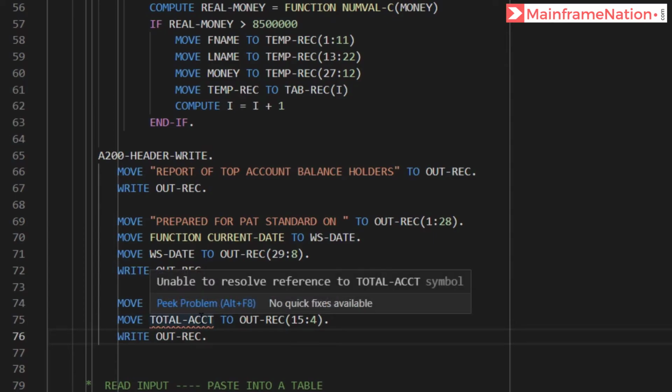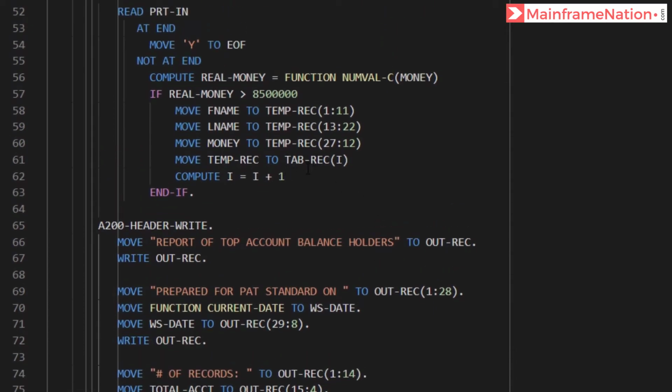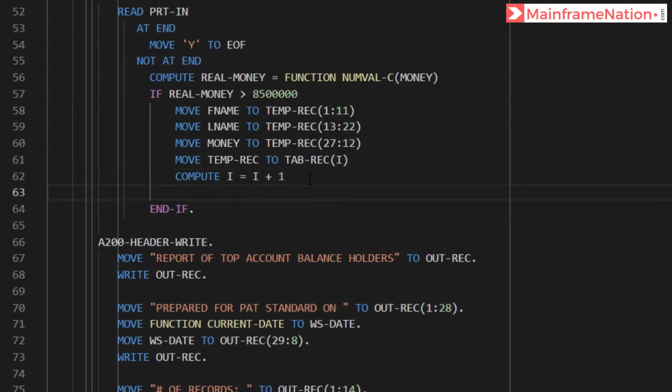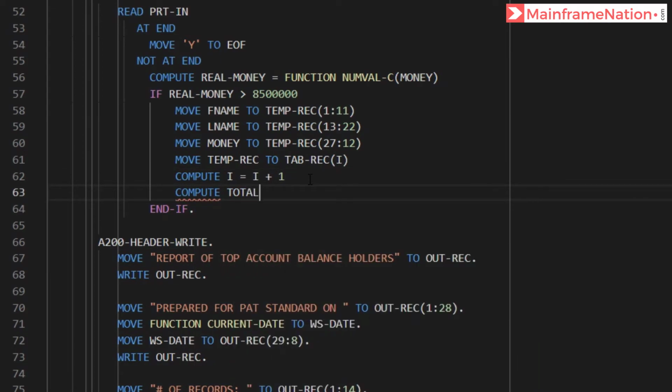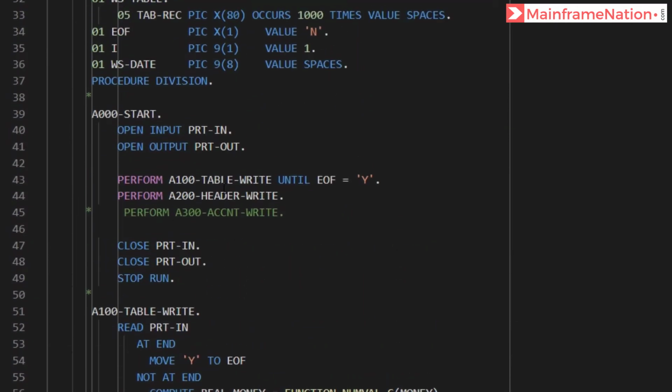And how will we count total accounts? We can count it here. So let's give here compute total account is equal to total account plus 1. So every time the money is greater than 8.5 million, it will add 1 to the total accounts.